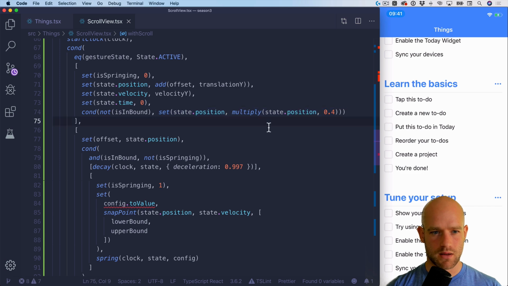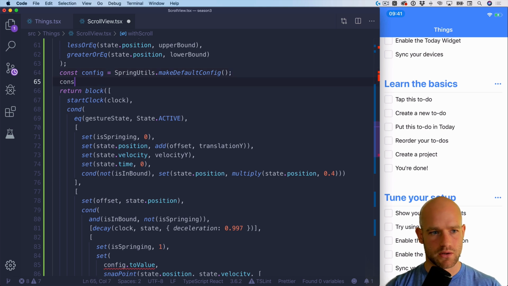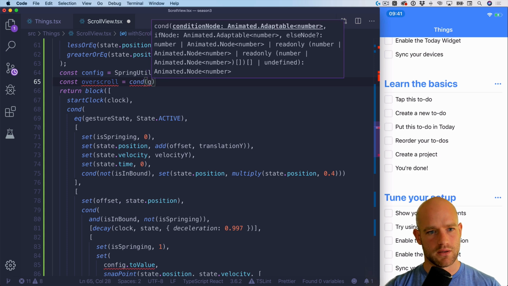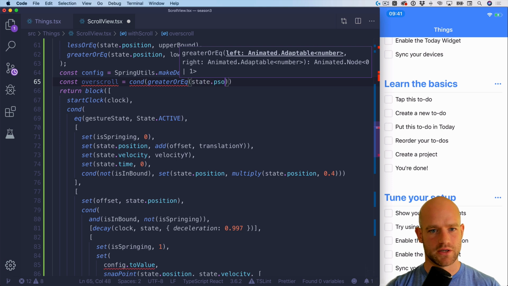So I'm gonna create a node called overscroll. So if the state dot position